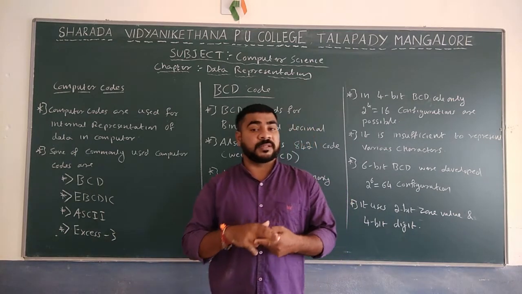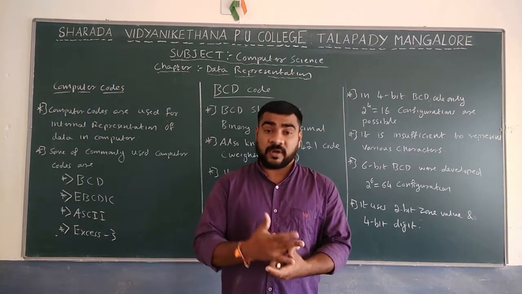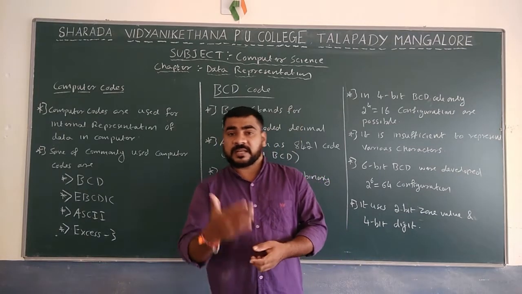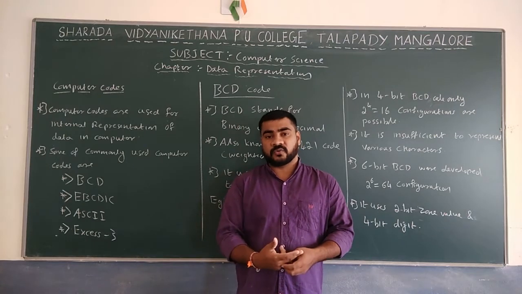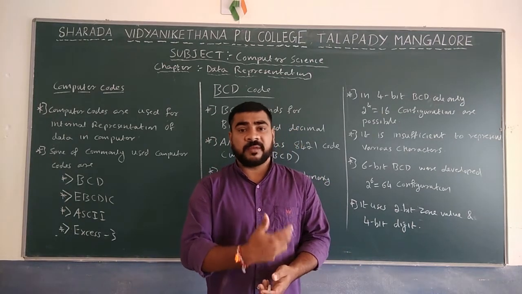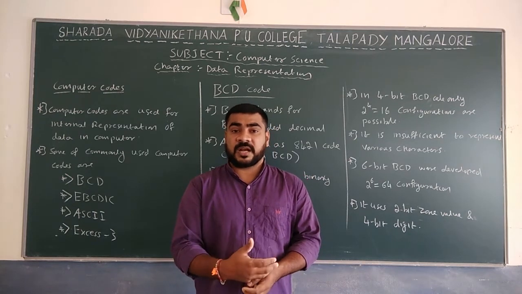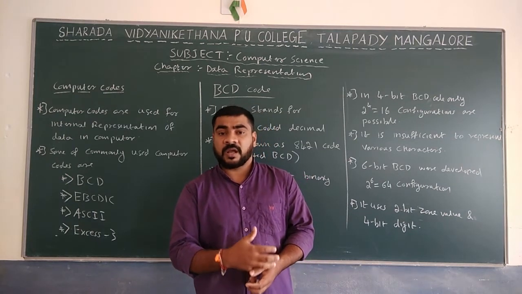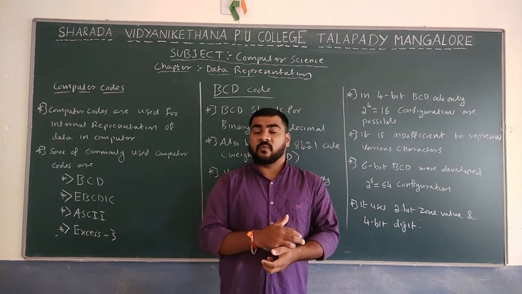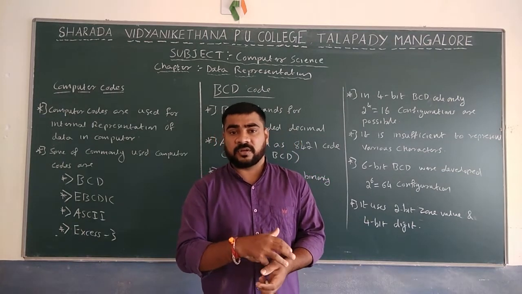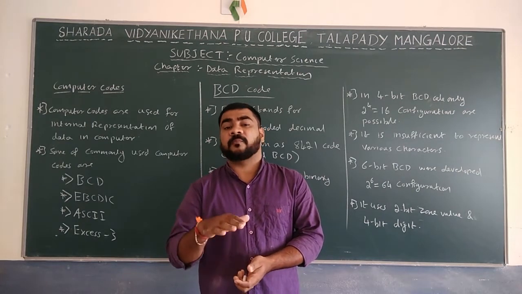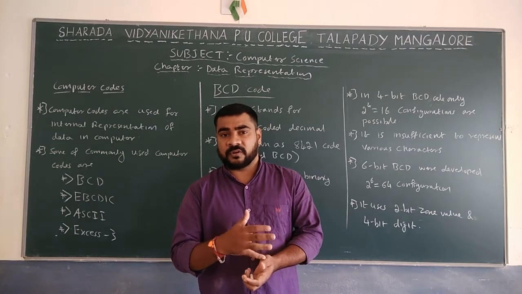So we are using two methods: one is the ones complement method, and the other is the twos complement method. We have to use either ones complement or twos complement to subtract a number. Last session we mainly discussed how to subtract numbers using ones complement and also using the twos complement method. Remember, I discussed only one example. I told you to study one or two more examples and practice them. That will be helpful for your future.